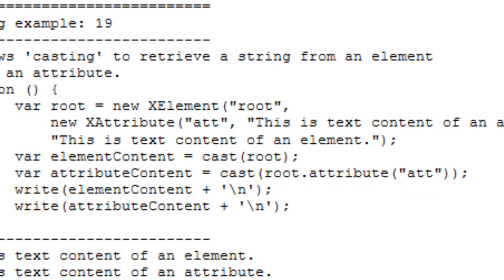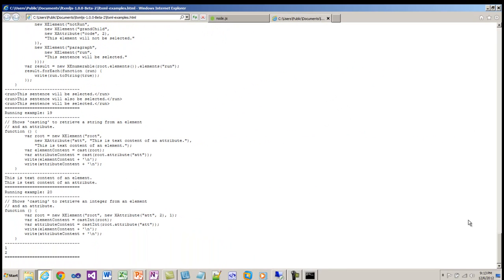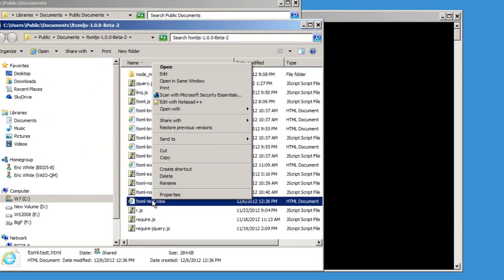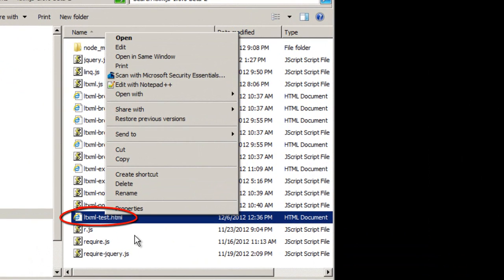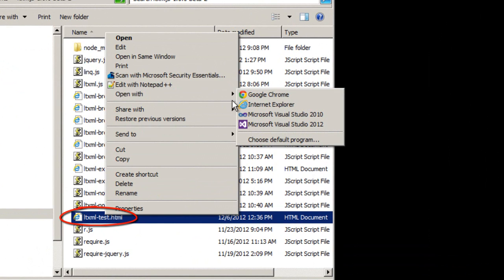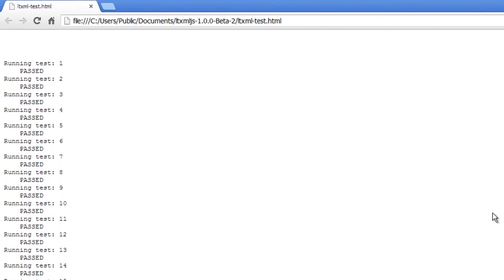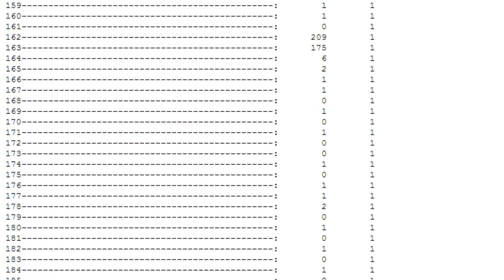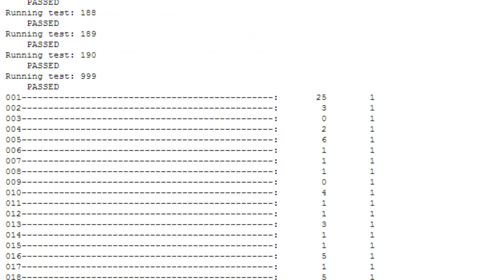That's a particular idiom. I'm not going to get into it right here. I've covered this elsewhere. So this is the Ltxml-examples.html program. There is also Ltxml-test.html, and I'll open this one with Google Chrome just for fun. What this example program does is it contains 190 different tests, and these tests cause code coverage over the entire